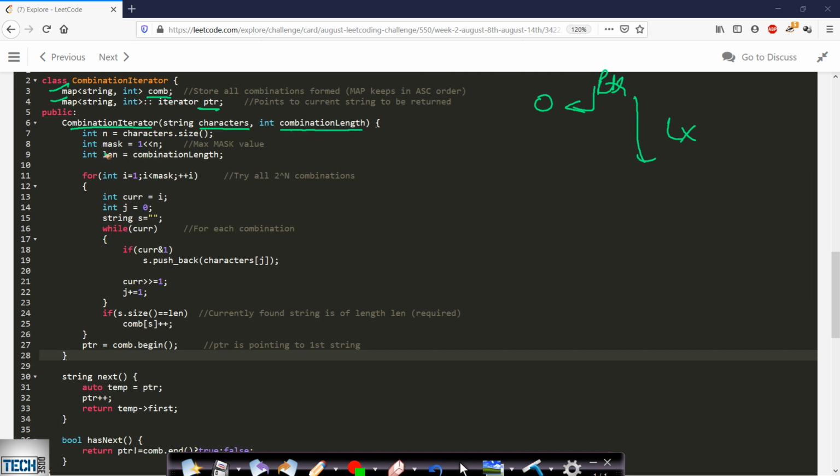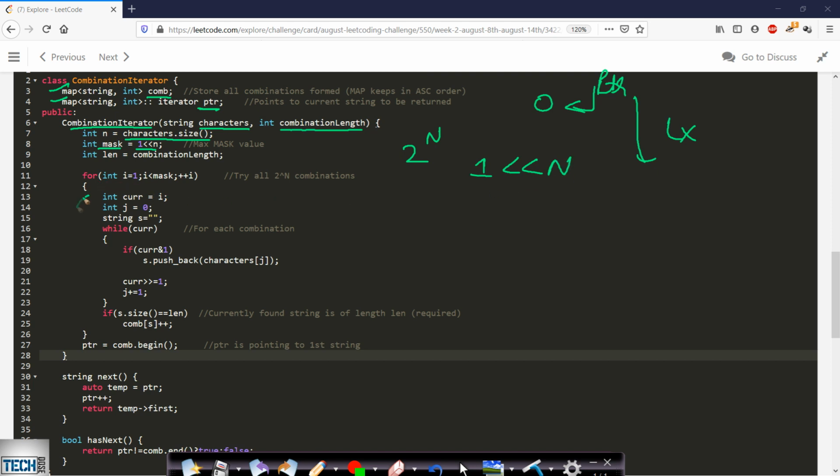Okay. Now in this constructor combination iterator we will be passed this string and this combination length. Now what we will do is we will take a mask value. It will be equal to 1 left shifted by n bits, and n is the size of this string. Now this will be the total number of combinations, so the mask value will be 2 to the power n, where n is the character size. So that is why we are taking left shift by n bits.